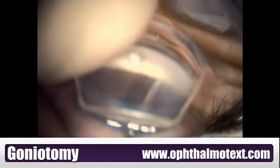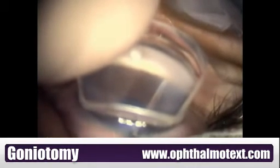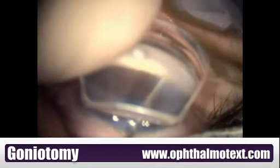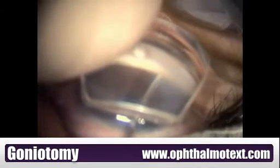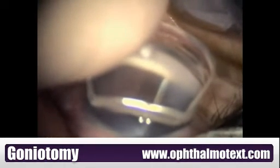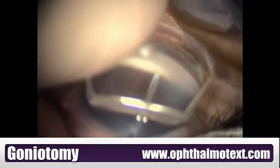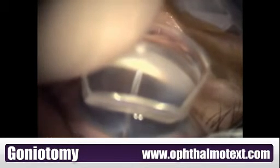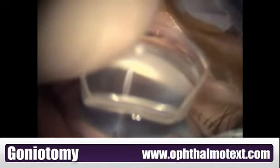Here you can see the goniotomy knife as it is engaging the trabecular meshwork. There is also some contact later with the sclera, so that when the incision is initially started, it is not as smooth as one would ideally like. However, this is not uncommon, and it is very easy to readjust the knife so that it engages only the trabecular meshwork. As one gets past the light reflex here, I want you to watch, because in the wake of